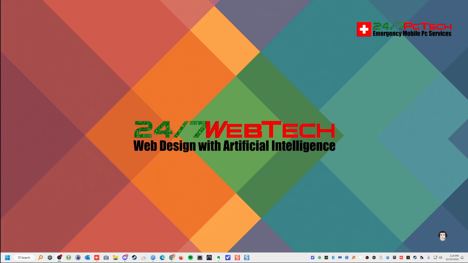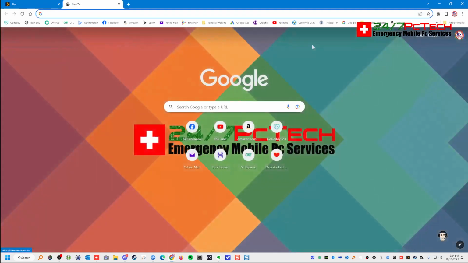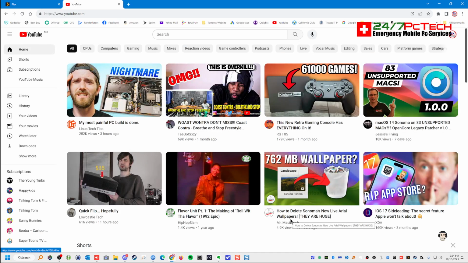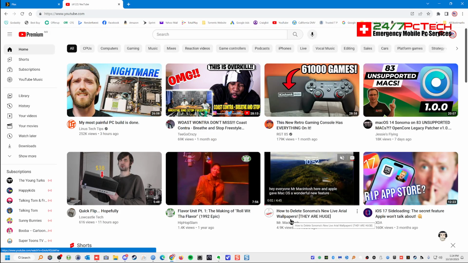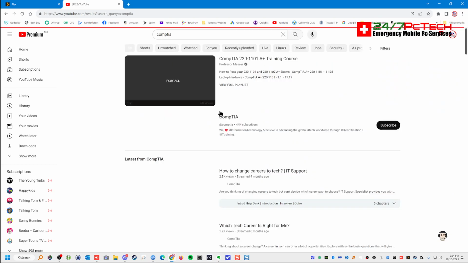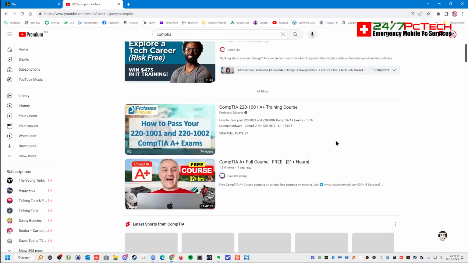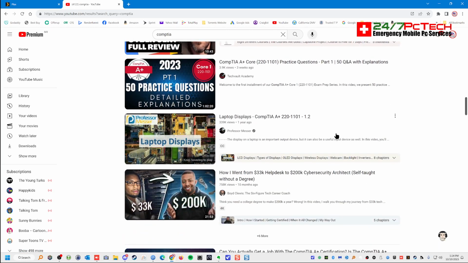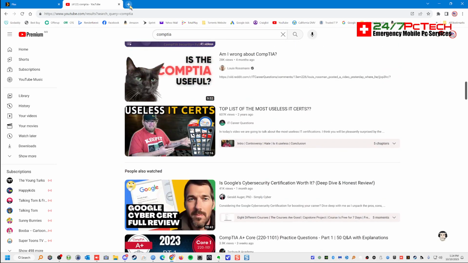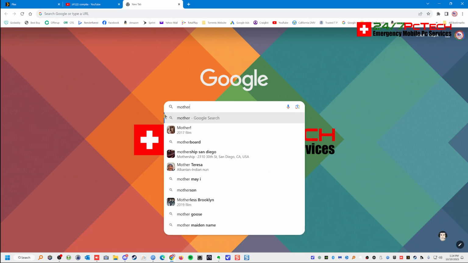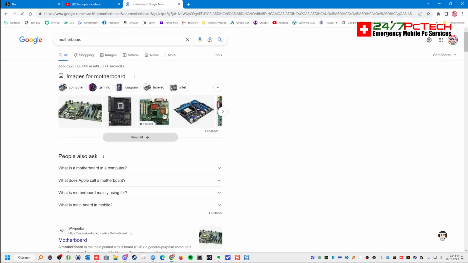Okay, so this is mainly the classes. We're going to talk about what is computer science and also what CompTIA entails. In reality, CompTIA is just a course that teaches you about computers and what the peripherals do. Instead of going to CompTIA first, we're going to look at a motherboard on a PC. The motherboard is a